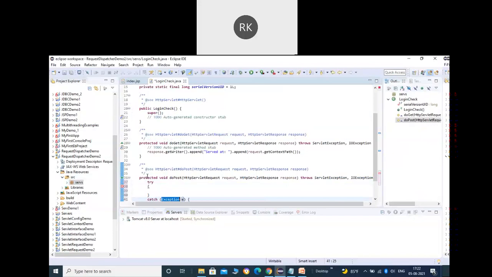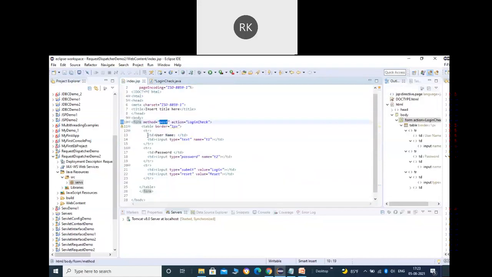And here, which method will execute? doPost, because you can see there in the form, the method name is what? Post. So here we are supposed to write the code within the doPost. Okay, just put the try catch here. Okay. So first of all, let's try to create a PrintWriter. Say out is equal to what?